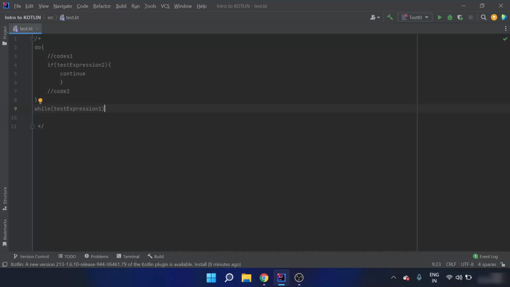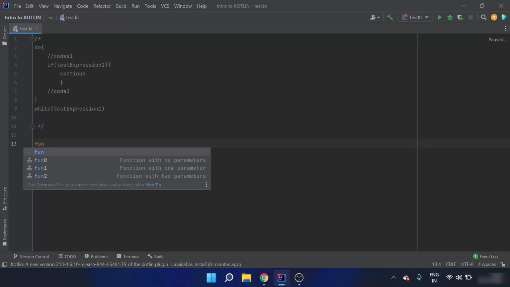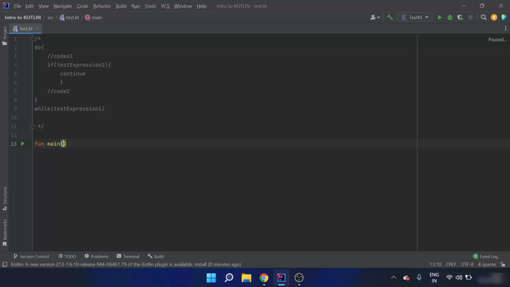Suppose there is a for loop from 1 to 5, and if i is greater than 1 and less than 5, we have to continue. So I will write the code. In main, for i in 1 to 5,